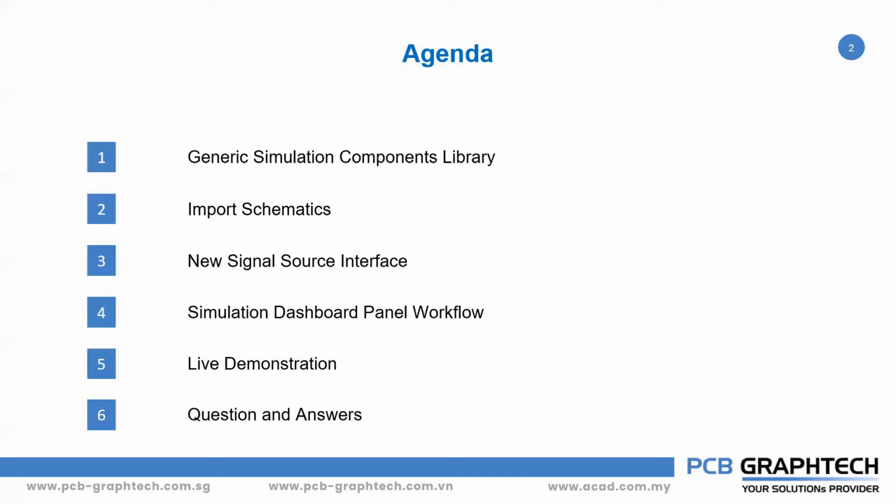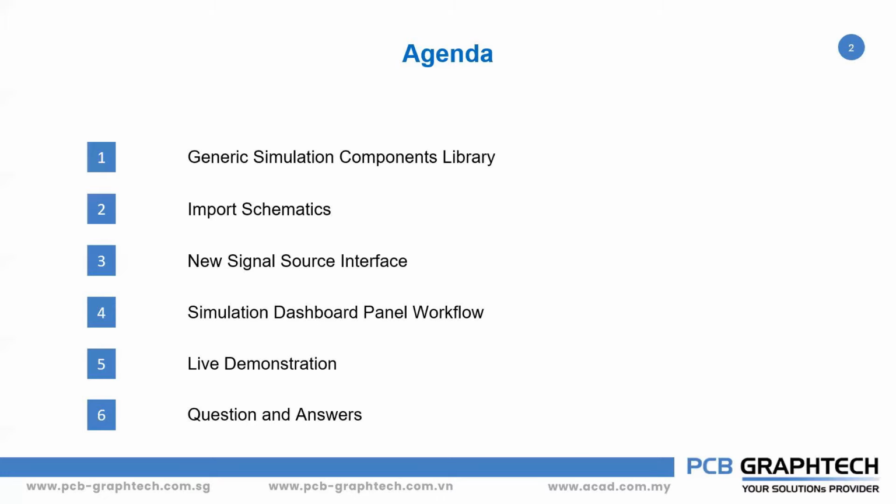We are going to see about the signal source which is applied to your simulation circuit. What are all the types of signal source we can apply for your circuit? Then we will see about the simulation dashboard panel. It's a very interesting panel introduced in the latest Altium Designer, where we are going to verify your models and see the properties of various sources, probes, and so on. And also we are going to analyze the circuit. So finally we will see the demonstration.